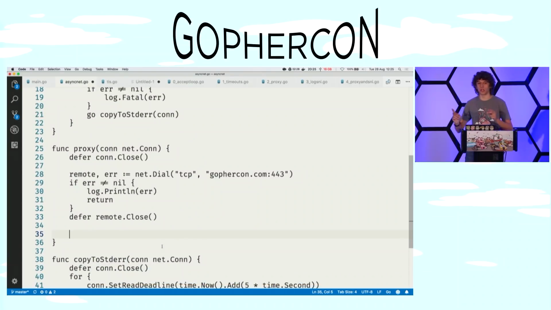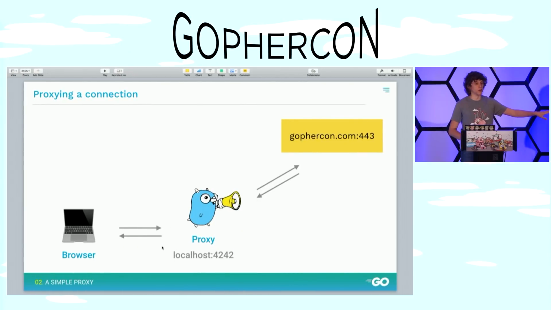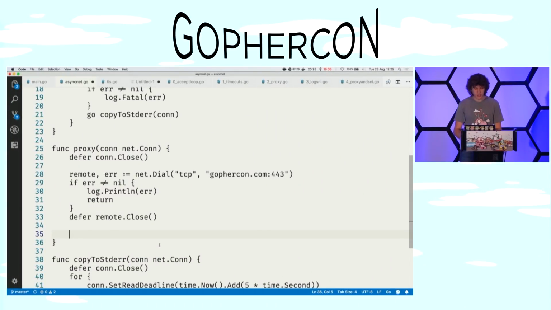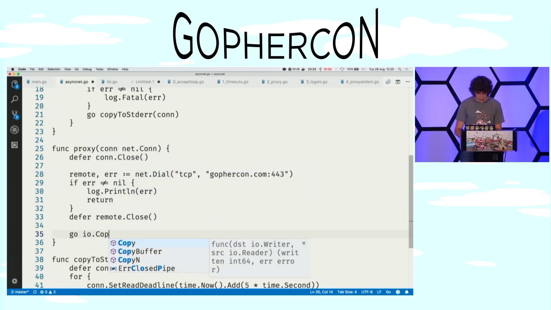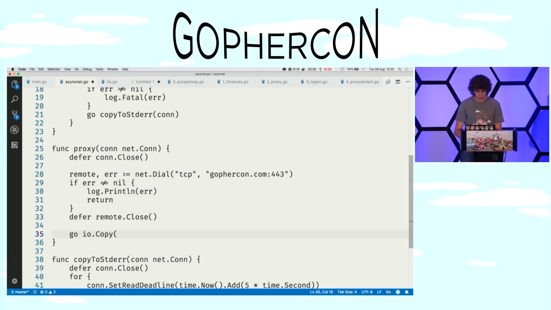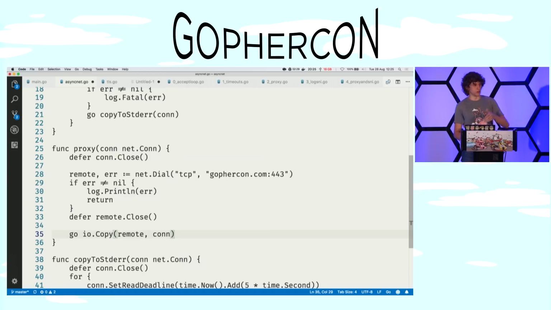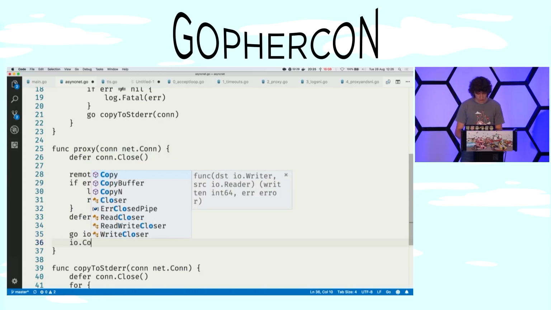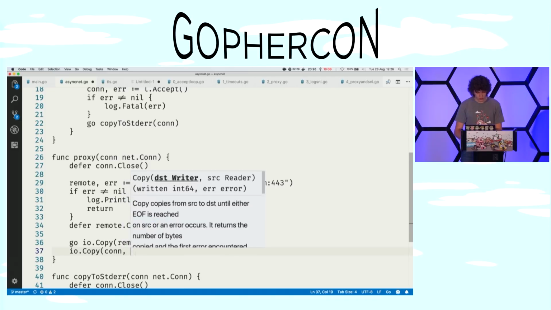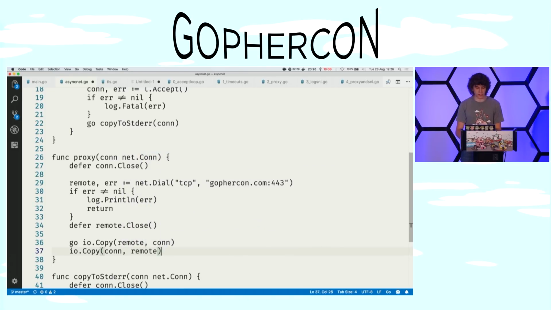So now we have two connections. We have one to the browser, and we have one to GopherCon.com. And we want to copy. So we can, again, use io.Copy. But we need to do it in two directions. We need to copy both from the browser to the remote side. Remember that first goes to the destination. And we want to copy from the remote side to the connection so that